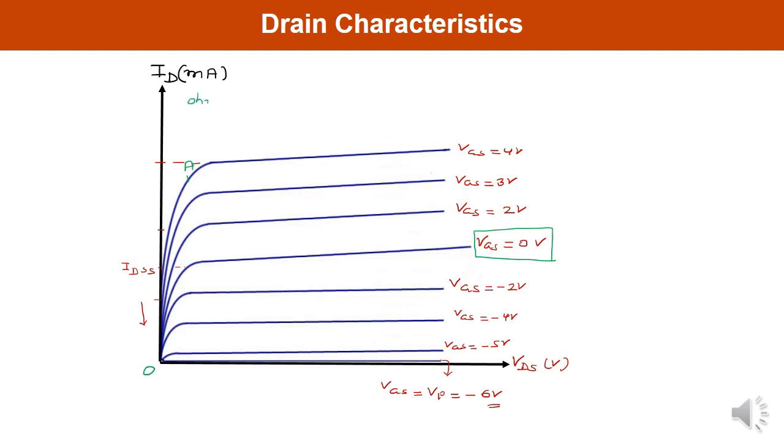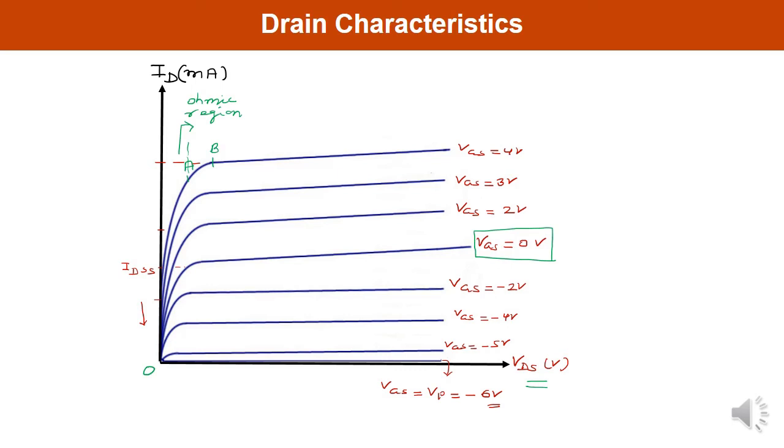Let me write it. Ohmic region, this one. Why is this known as an ohmic region? Because in this region, drain current increases linearly with the increase in the drain source voltage, which is VDS. It means there is a linear curve which obeys Ohm's law. The linear increase in drain current is because of the fact that the N-type semiconductor bar acts like a simple resistance.